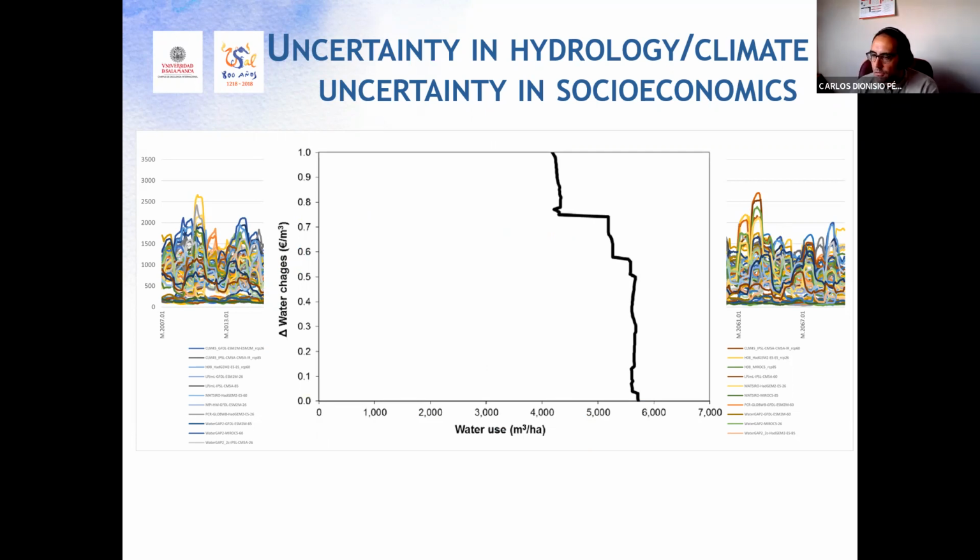This is a demand function for water, what you usually find in the modeling in economic papers. Here you see the water price, and here you have the quantity that is used by the farmer. This is for an area in Spain. And here you say, the higher the price, the lower the water demanded. This is fine, but there's a lot of uncertainty here. We don't want to go that far, but we cannot fall short either.